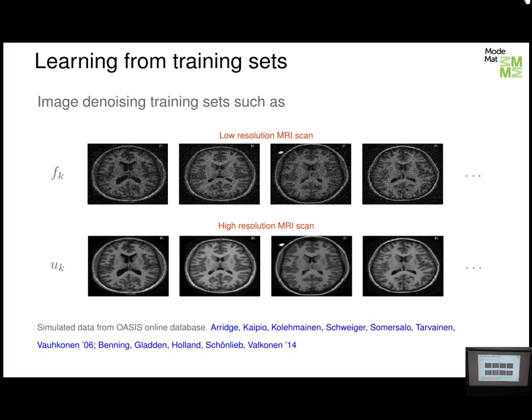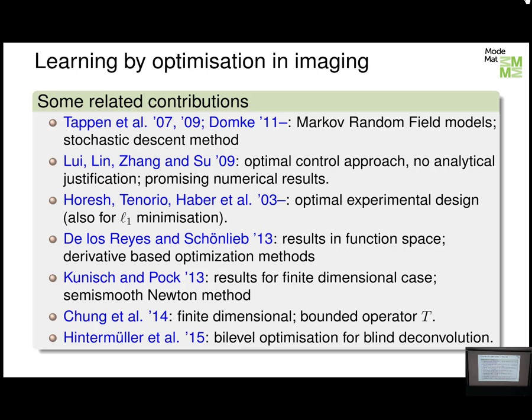These are the images which are high resolution MRI scans, and these ones are the low resolution MRI scans. So this is an exposure time which is very short, while the other is a longer one. And you can consider this as the training set you can learn from. Now, in our case, the choice of optimization, and specifically of bilevel optimization or optimal control in the context of